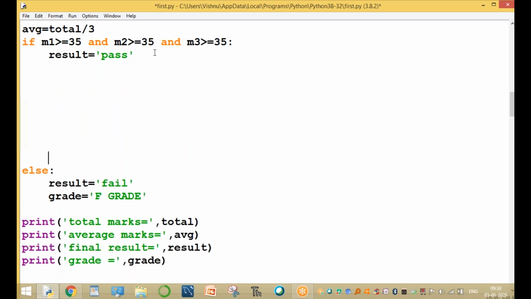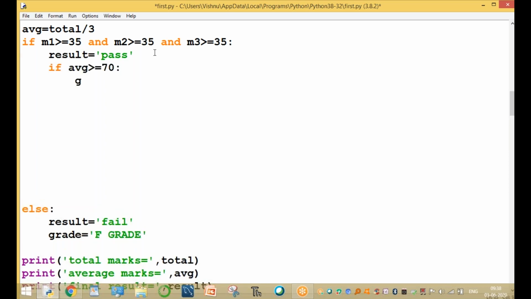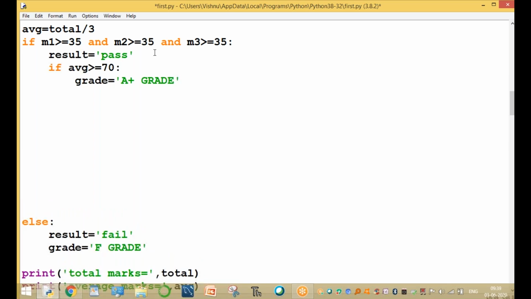For example, you want to find the pass grade. If the result equal to pass, then what happens? For example, if the average marks is greater than or equal to 70, your grade equal to A plus grade. Okay, assume that only.